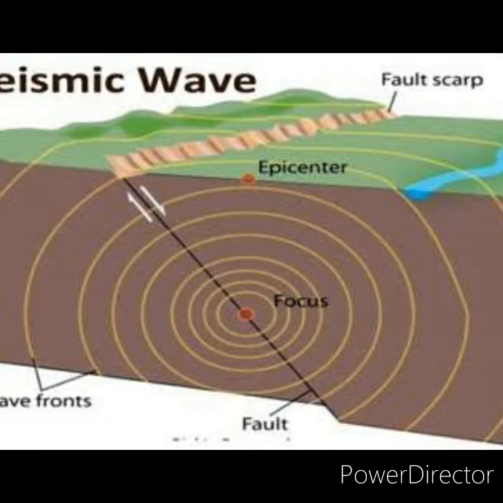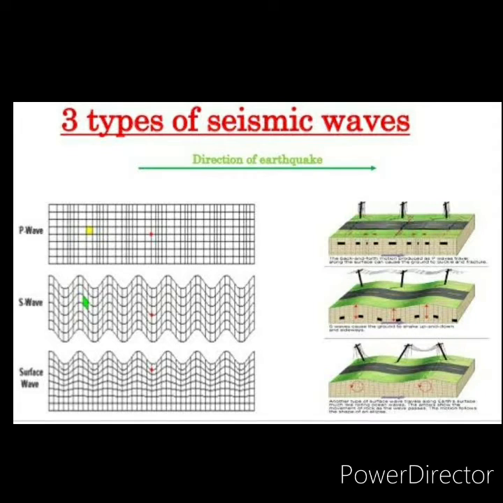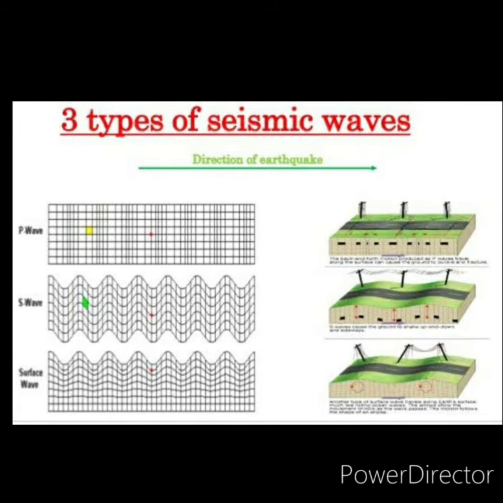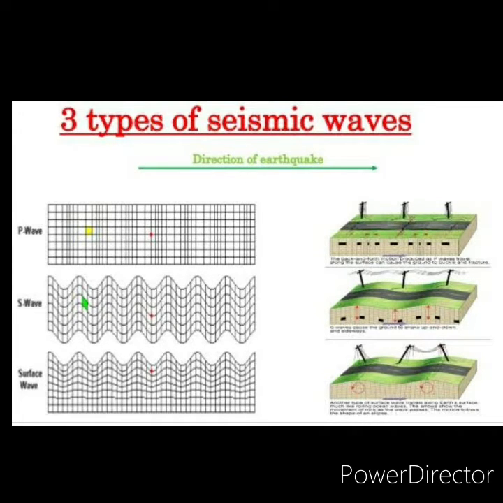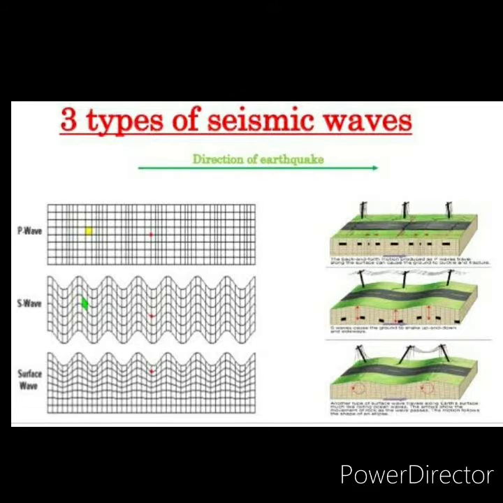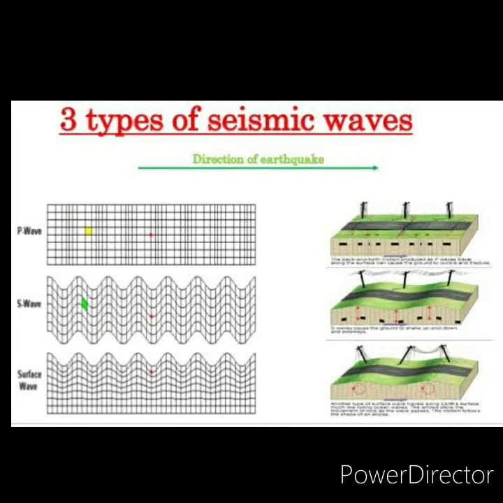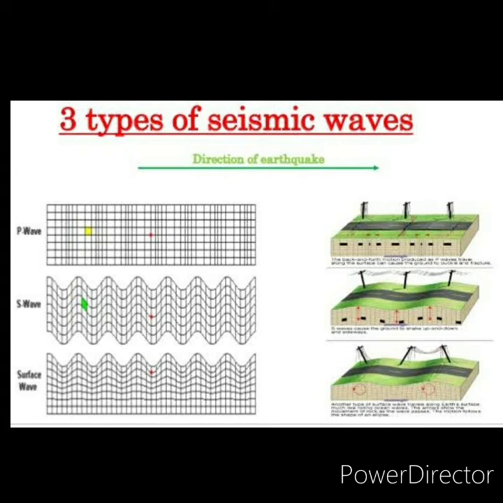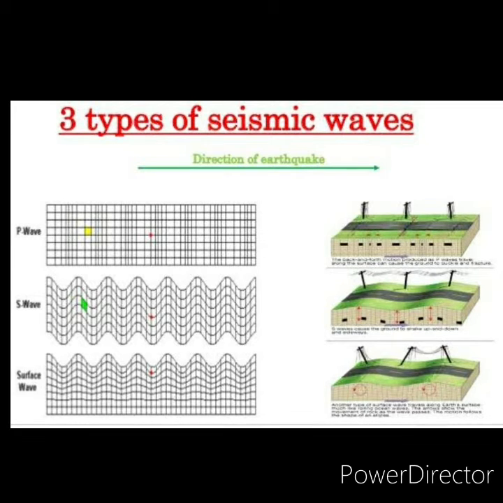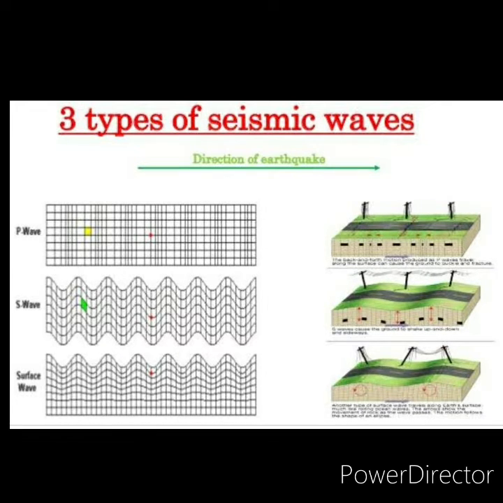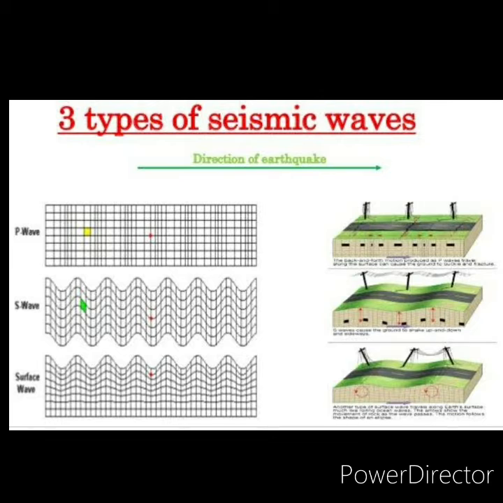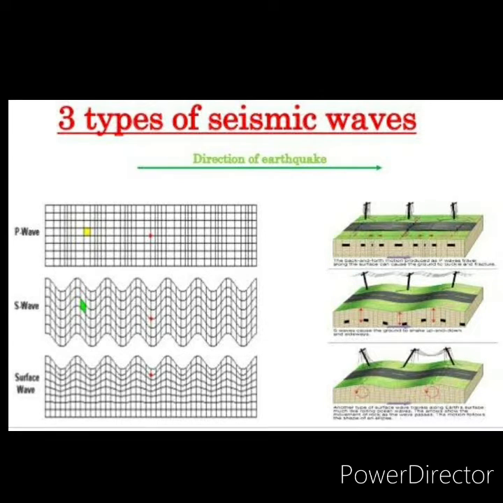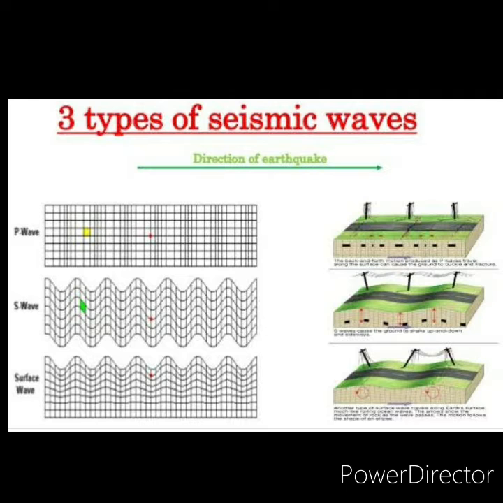Accordingly, there are three major types of waves: primary waves, secondary waves and surface waves. Primary or P waves are the fastest of all the earthquake waves and the first to reach the epicenter. These waves pass through solids, liquids and gases, either through push or pull, with an average velocity of 5.3 km per second to 10 km per second.